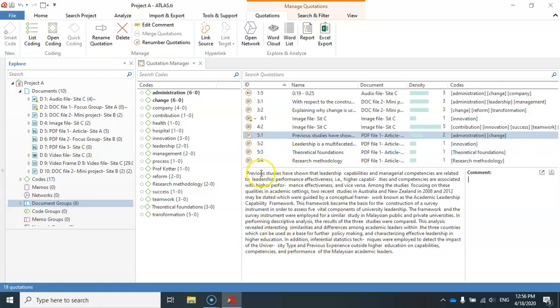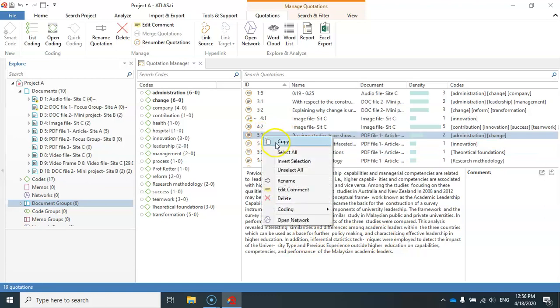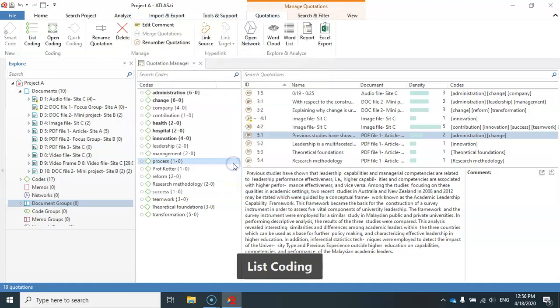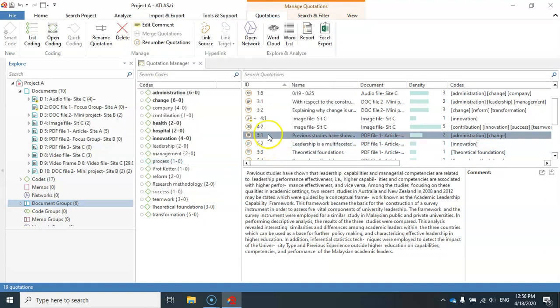For example, I can read this quotation here, and then I can right click on the quotation, then go to coding and select any of the approaches to coding that I can see here. So let's just try coding this quotation using a list coding approach. I just assign these 3 codes to this quotation, and I select OK. And now these codes have been assigned to this quotation. If I double click on this quotation,